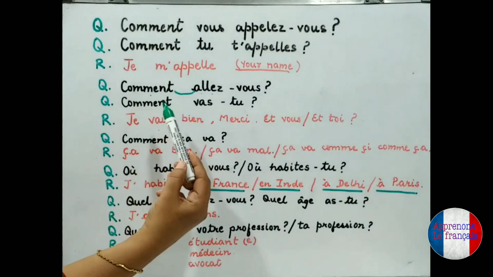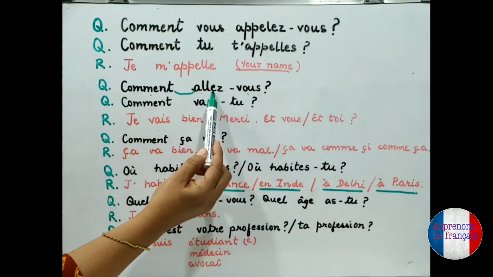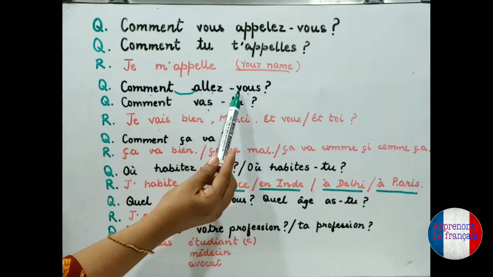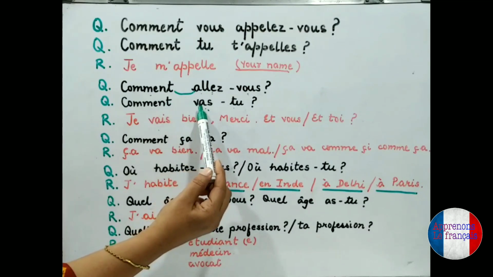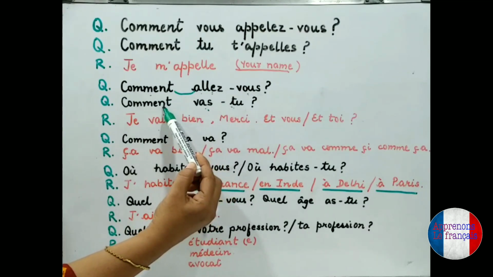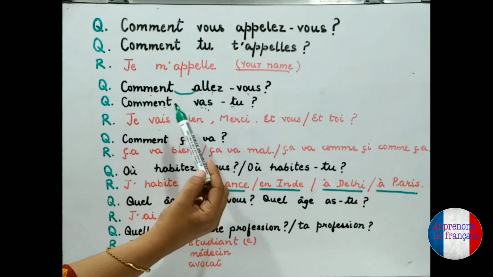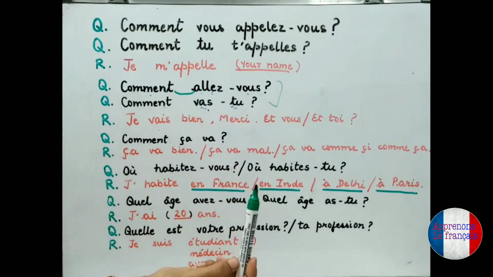Okay. And then similarly with tu, vous here we are using again for respect of somebody senior. With tu the conjugation of aller is va. For this again you can see my lesson on the conjugation of aller. So the question becomes comment vas-tu? That means how you go. For somebody who is of your age, you can say comment vas-tu? That means how you are going. So basically the question means the same.